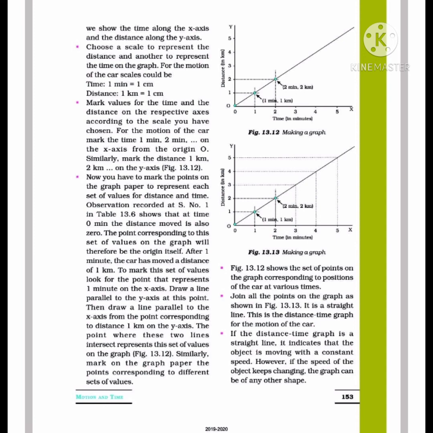In a graph paper we can see all these lines are in centimeters, 1 centimeter, 2 centimeter, 3 centimeter, like this they are arranged. So we want to take convenient readings. 1 minute is equal to 1 centimeter we can take, or 5 minutes is equal to 1 centimeter, or 10 minutes as 1 centimeter. Based on our own convenience, we have to decide the units. Then distance is also the same. Here 1 kilometer is equal to 1 centimeter, or we can take 10 kilometers equal to 1 centimeter or 20 kilometers equal to 1 centimeter. That is up to you.